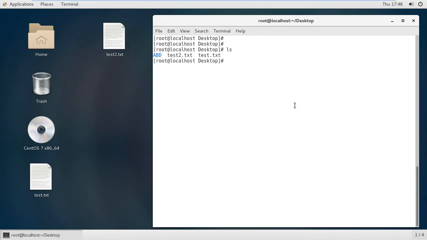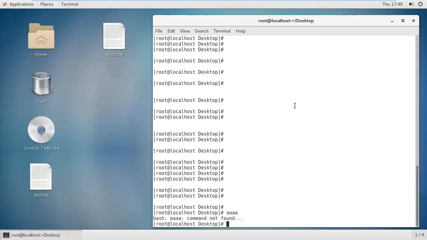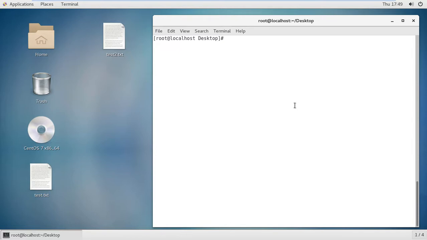Right now I'm putting the ls command, clear, and whenever you are confused, just press Control L, it will clear the terminal.